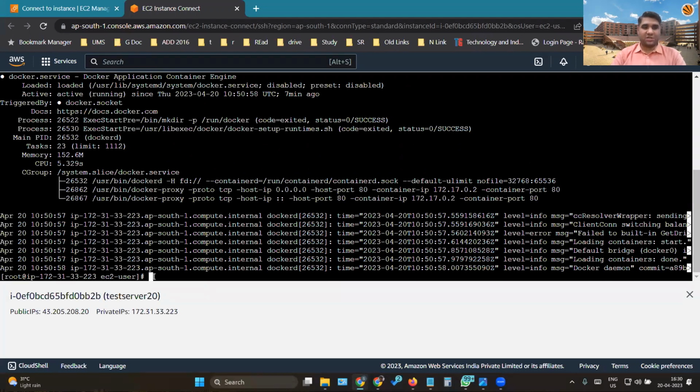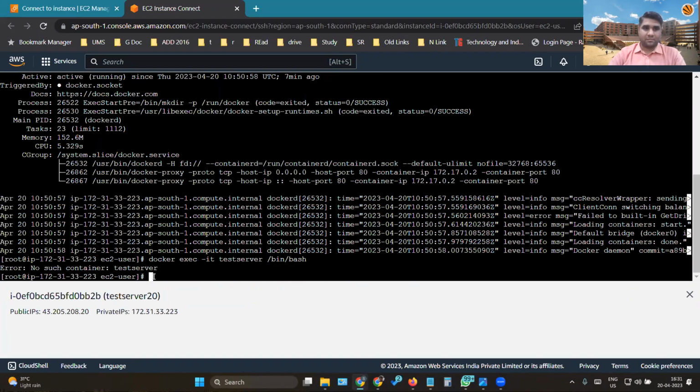Because it says that the server is not getting executed, let's check again. So the container service is down. We'll have to go again.